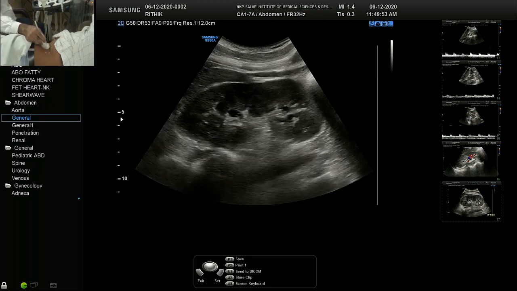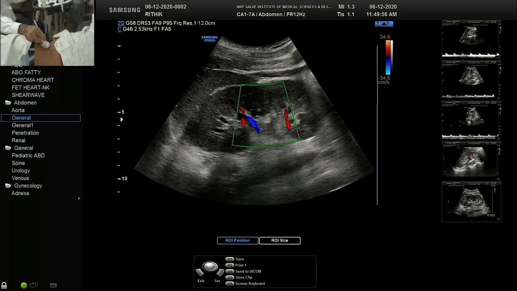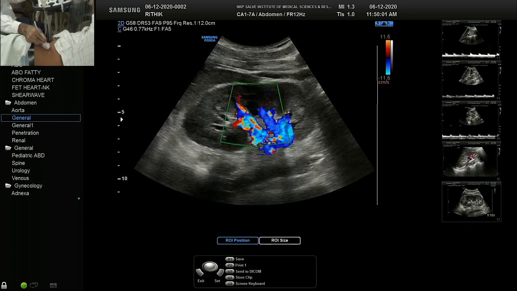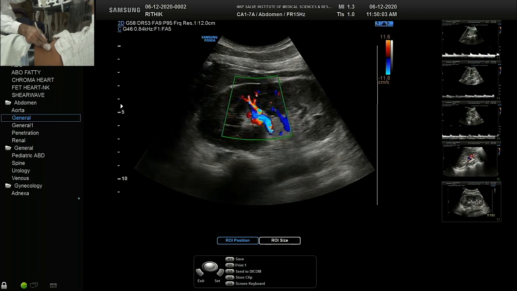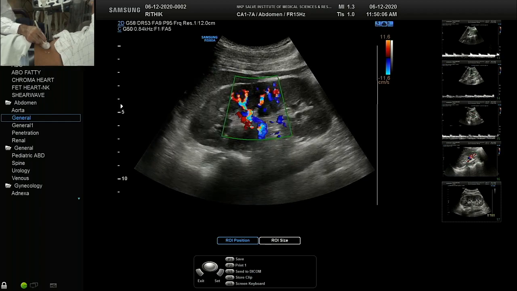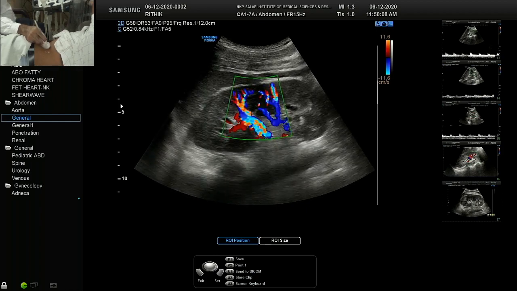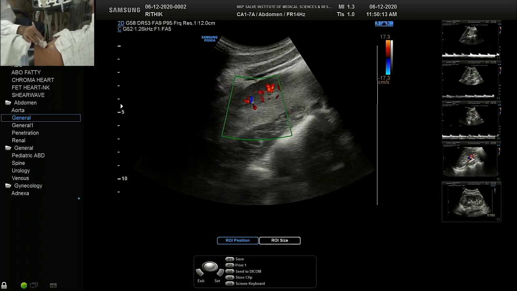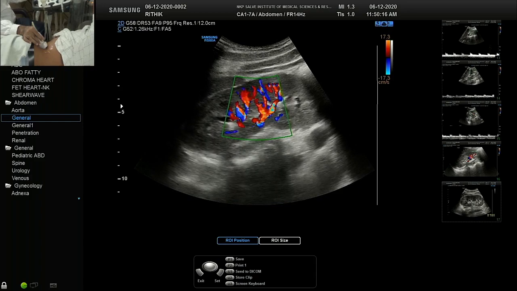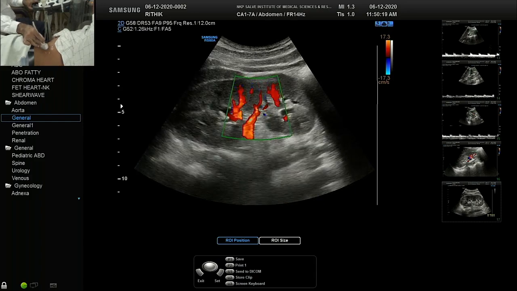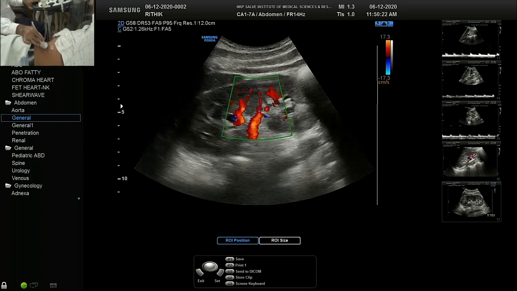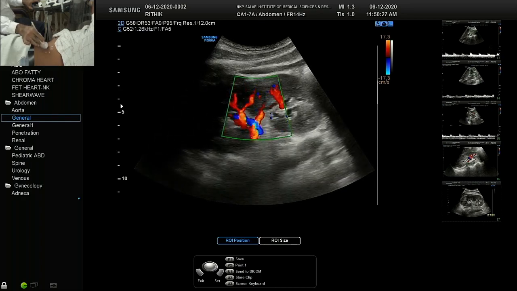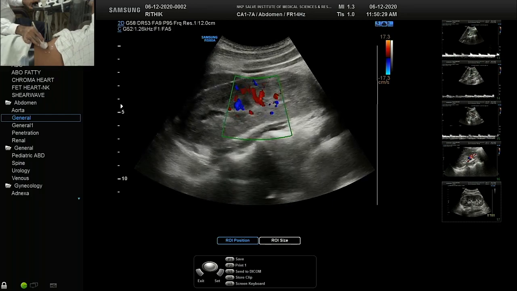So now we put color here. Lower the PRF so that we can see the vessels till the renal capsule. You can see all vessels. All the newer machines, even if they are not very high grade machines, have good color flow pickup. So color Doppler as such is very excellent in all machines. Even if it is a basic machine, you can see the tree completely.